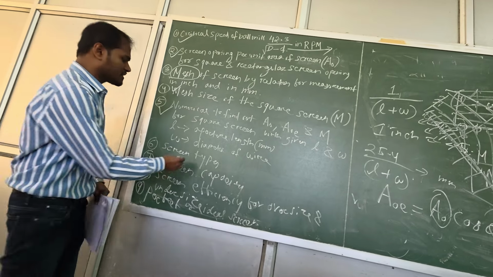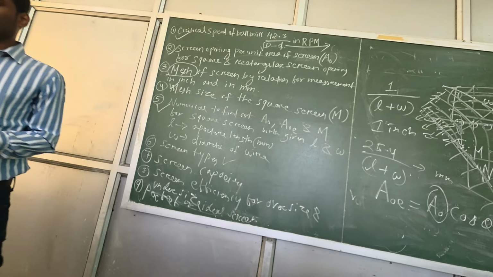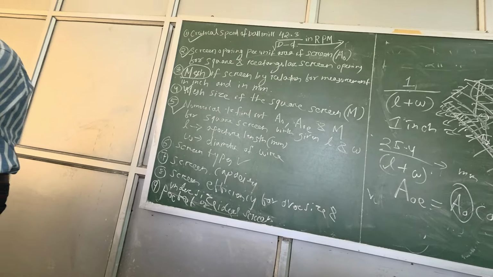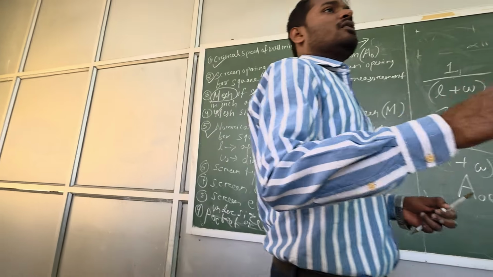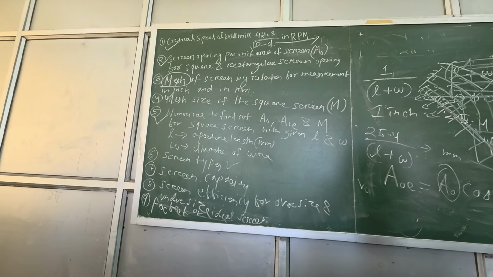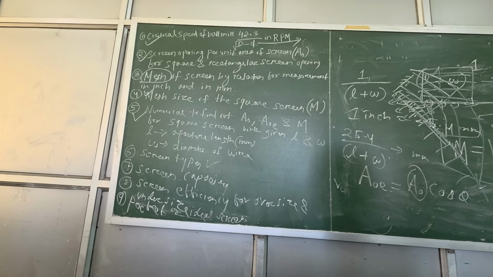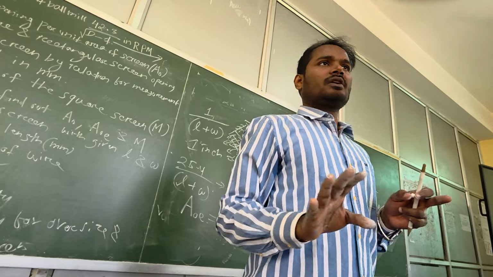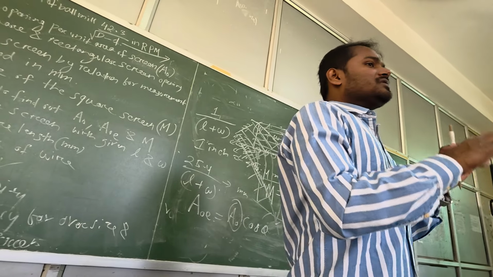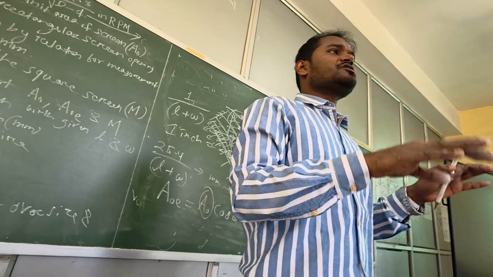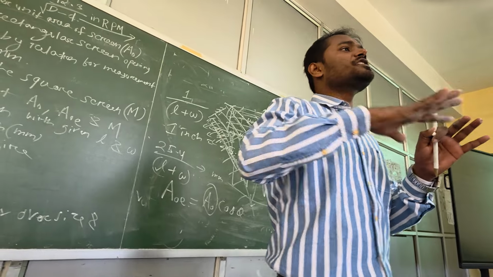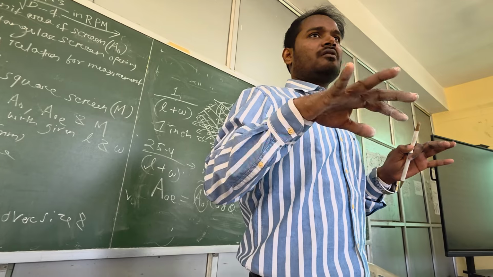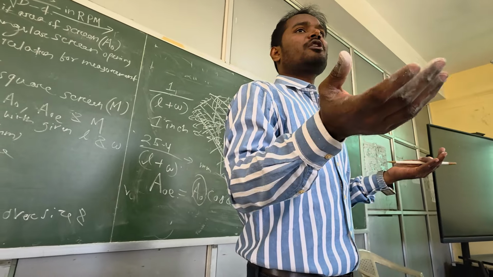Okay, next we'll move to screen types. Screen types, nothing you have to remember. Actually, the point is, on the basis of opening, we already have discussed. Now, we can have a square kind of screen, a rectangular kind of screen, round, and we can have bars, right? But the point is, the screen can be classified on the basis of whether it is a stationary screen or whether it is a moving, or dynamic screen. Some people call it stationary screen, some people call it dynamic.